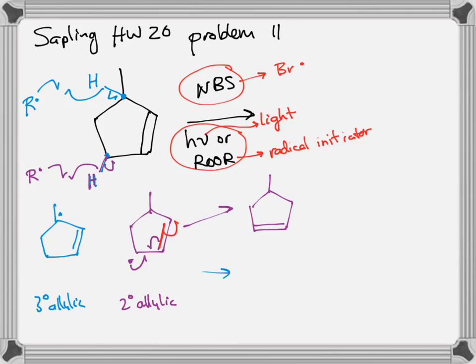So the result is we end up with our radical at that position, and we now have a resonance structure for our purple radical. Now you would have to go through and see what the possible product would be that would come out of that, and I'll leave you to figure that one out. With our blue situation, we're going to do the same kind of idea. We can take that radical and resonance stabilize it by having it interact with that pi bond. If we again draw out our possible intermediate,